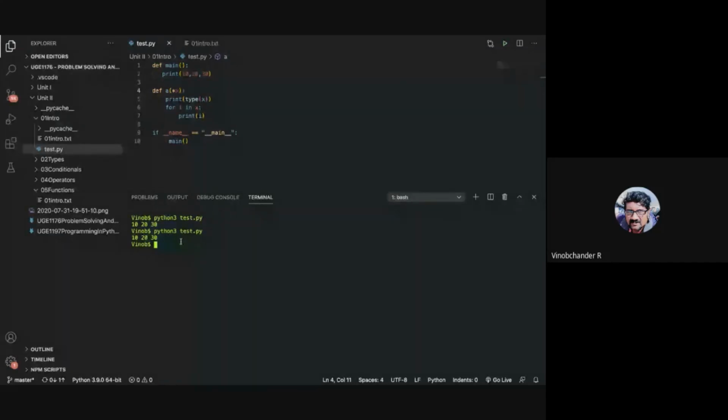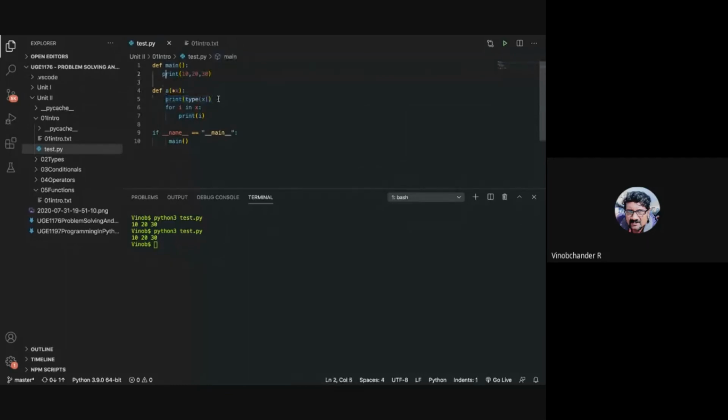Here, guys, any questions? Why is it printing in the same line? It should print in the next line, right? We are not calling the function, no, sir. Correct. You're not calling the function. You're just printing 10, 20, 30. That is getting printed. And so this print type of X as a tuple is also not getting printed.